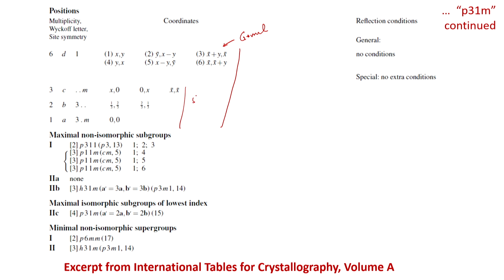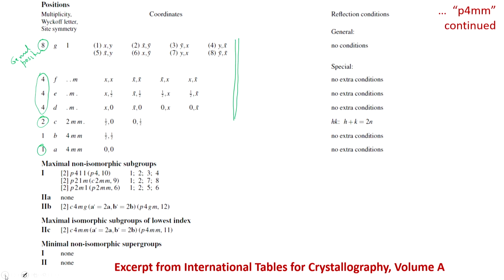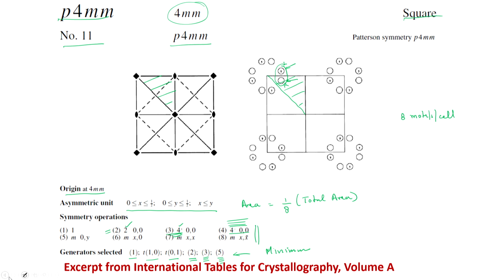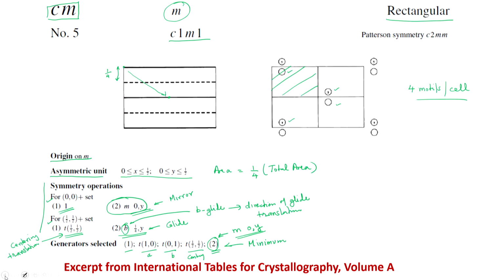these are special, and one thing I did not mention, maybe I can come back here for a bit. You see, all the special positions are lying either on a mirror plane or a rotation axis, and even if you come, let us say, to this particular plane group CM, the special position is lying on a mirror plane, while it also has glide planes, but a glide plane is not a special position.